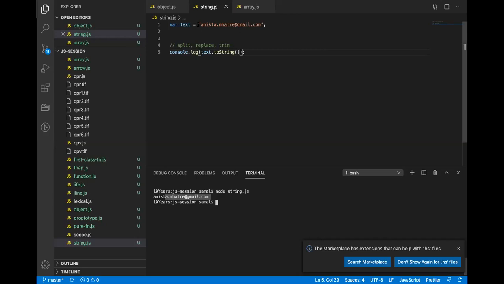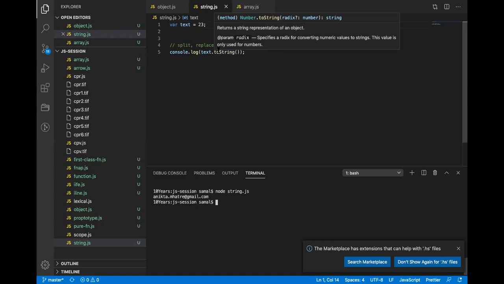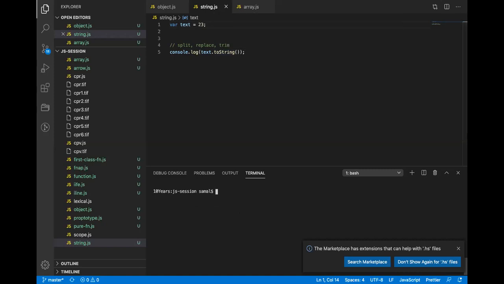Let's say if I want to store in the database a string, and I pass a number. toString is one of the methods available on all constructor types, which will convert the value into a string.